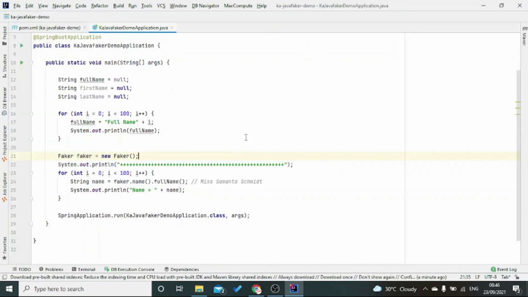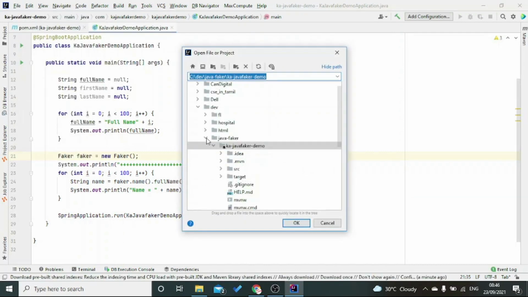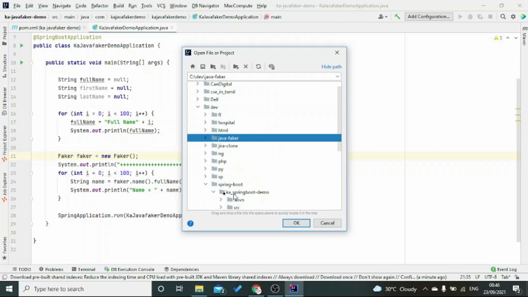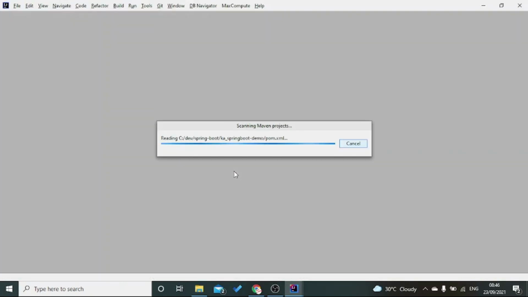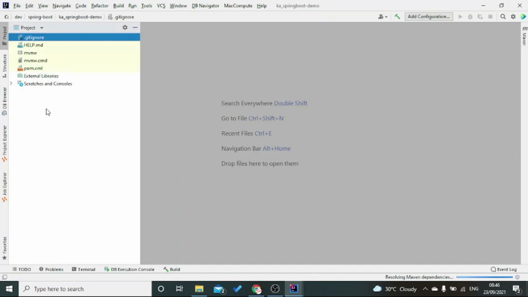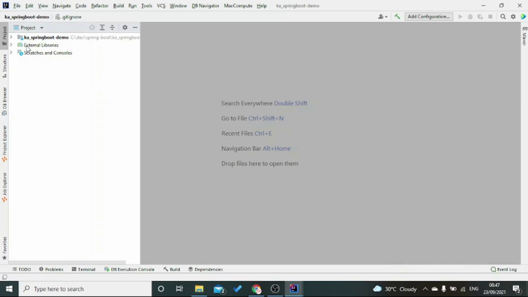I'm going to open the project. So when you open it, it is downloading the Maven dependency. So ideally, it should have only one dependency, Spring Web. Let us check. So it is a very plain, simple application, a Java project, a Maven project.